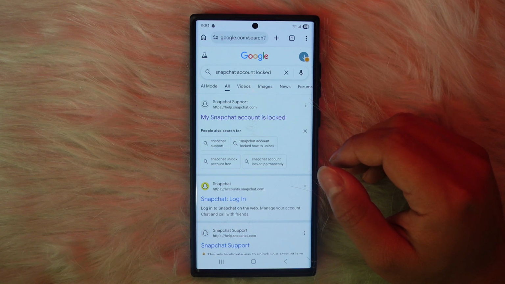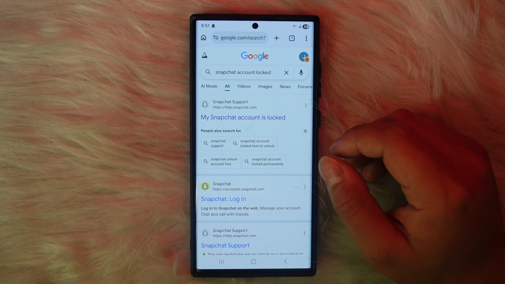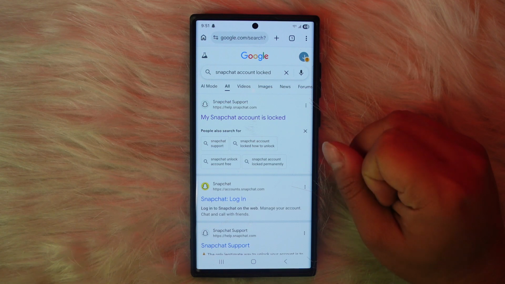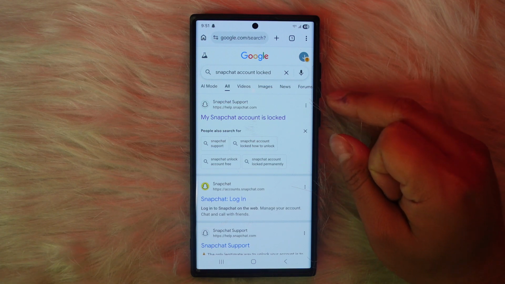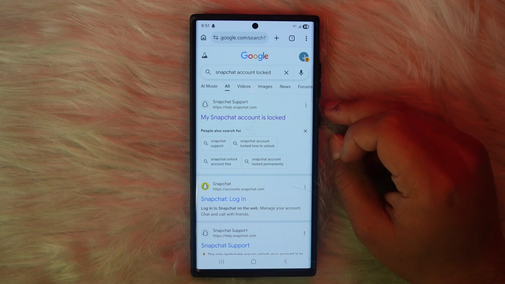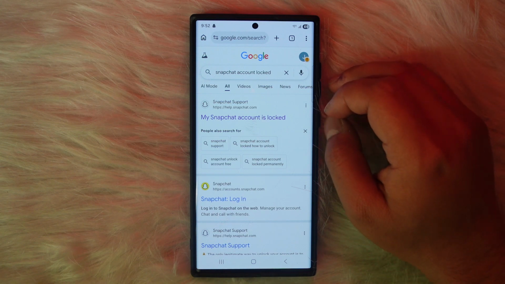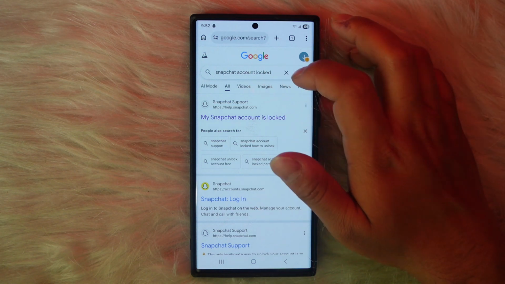Today, let me show you the way that you can fix Snapchat account temporarily locked. Now, for some reason, your Snapchat account is currently locked. In today's video, let me show you a couple of steps that you can follow in order to solve this issue. Now, the first thing you want to do is open up a web browser and search for Snapchat